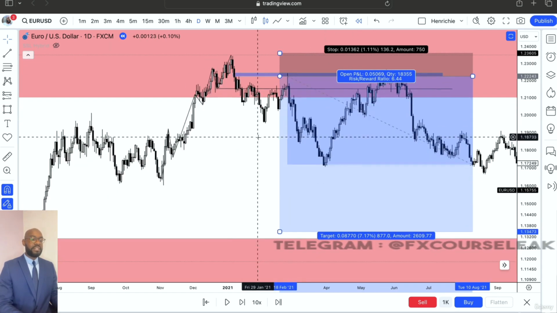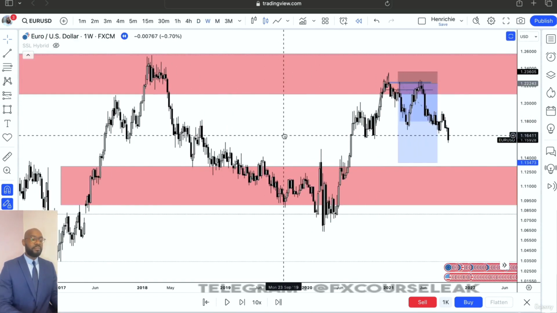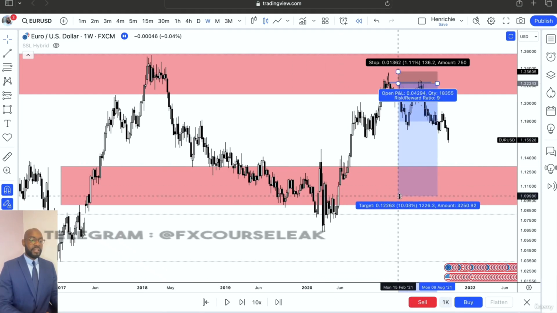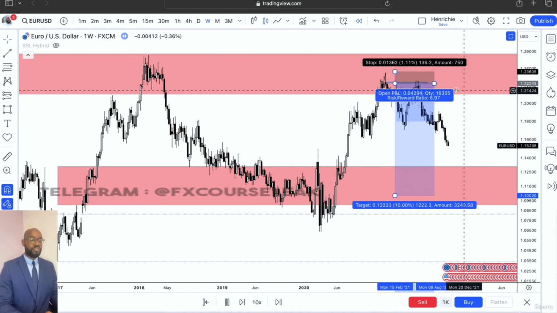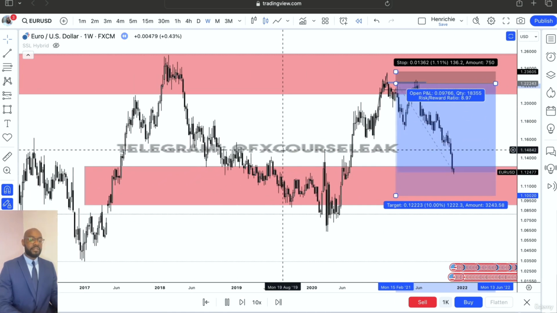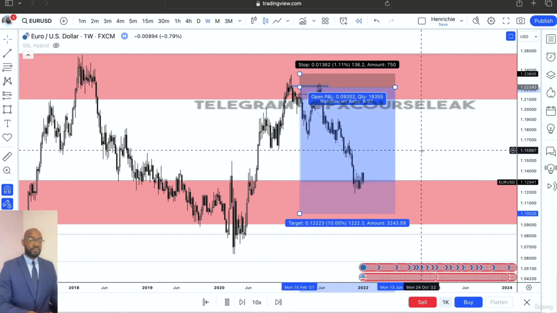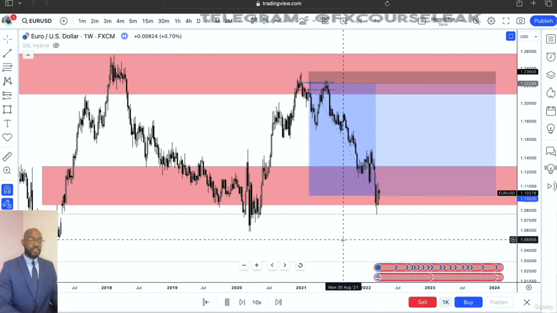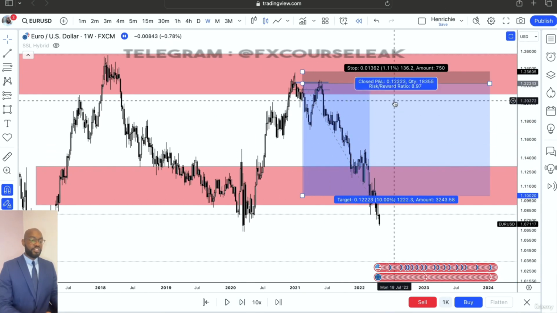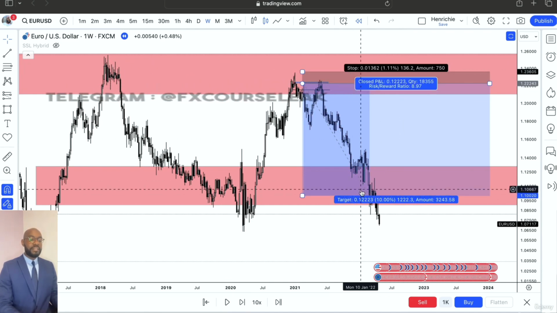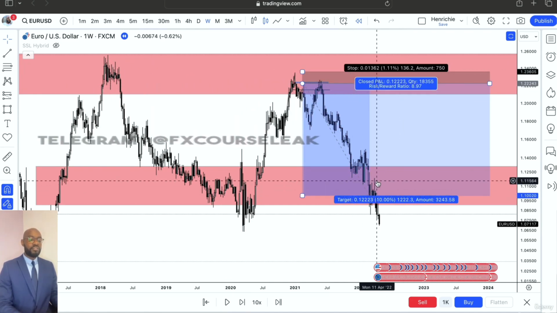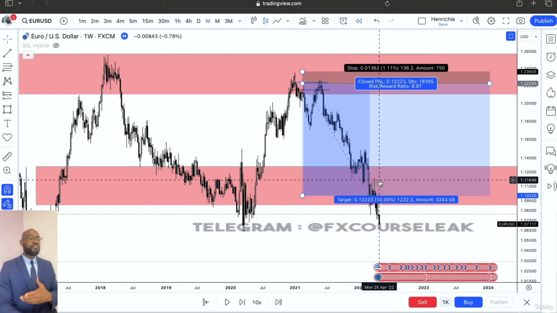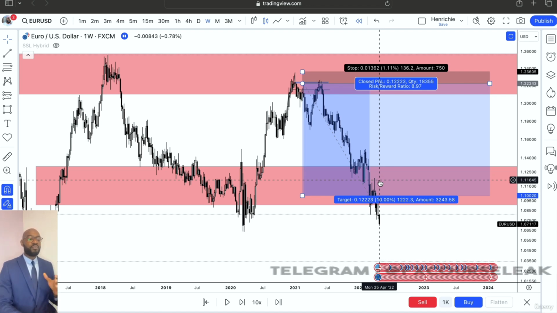You can risk $136 right here, and then look at the take profit. You can be aiming for these lows right here, which is a 1:9 risk to reward ratio. And let's see how that plays out. So you can see price has hit the take profit position. If you were risking $136 on this, you would have made $1,222. So it's basically how you can easily make a few hundreds to a few thousands trading Forex